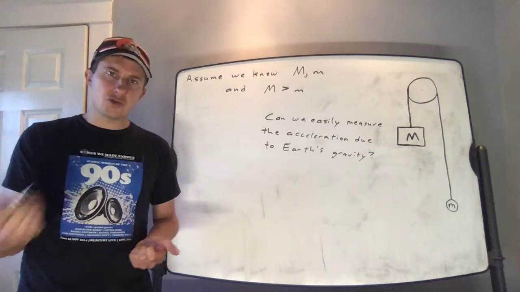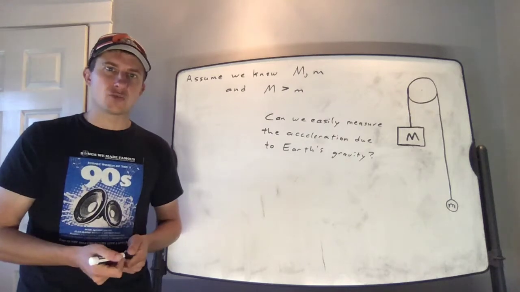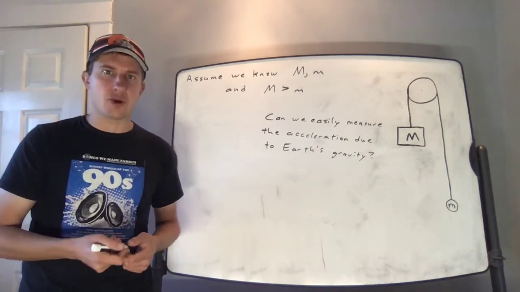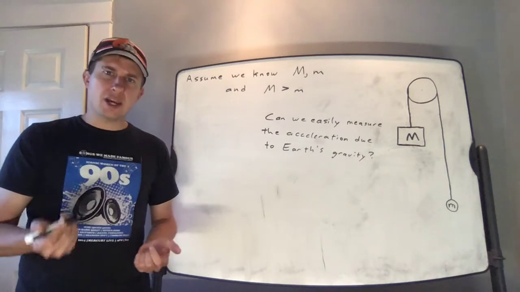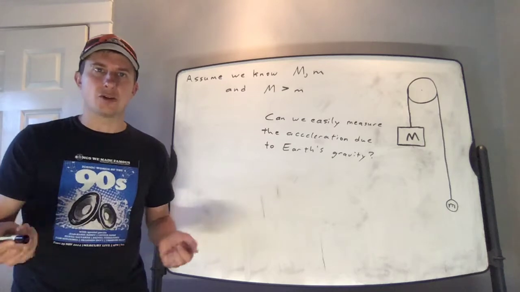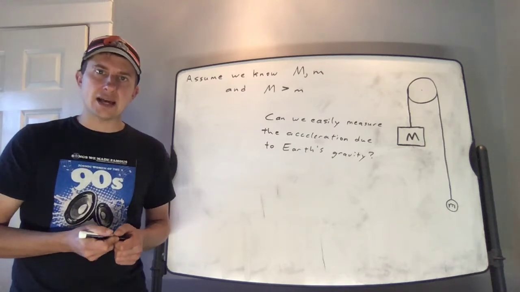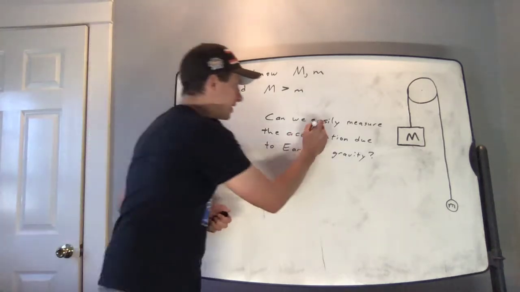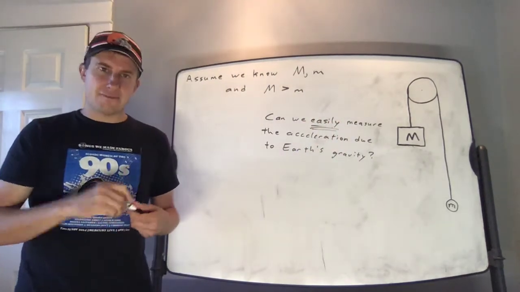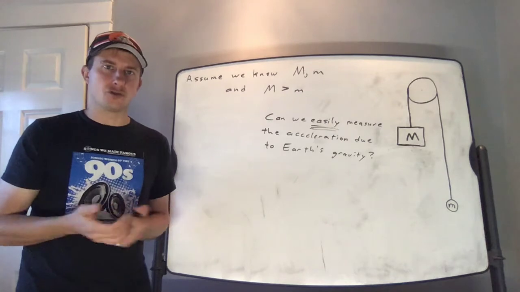rate. And so you want to measure what is this rate of acceleration of objects that are moving under the influence of gravity. So would you be able to set up an experiment where you could easily measure the acceleration due to Earth's gravity? And I want to emphasize the word easily here. The first thing you might think of is if you are trying to measure the acceleration due to Earth's gravity,